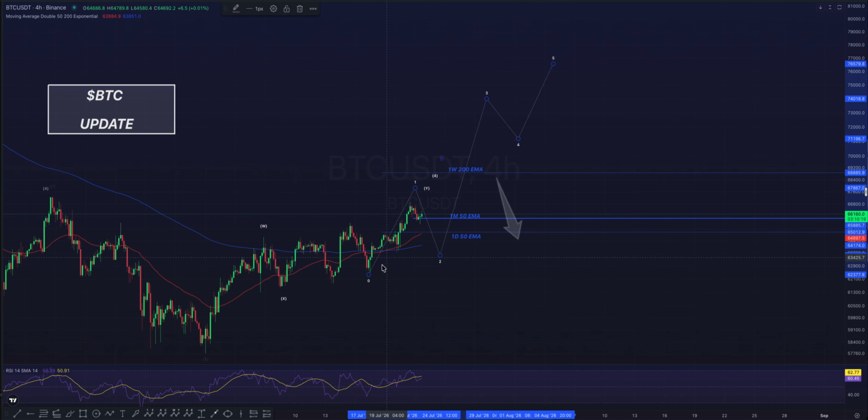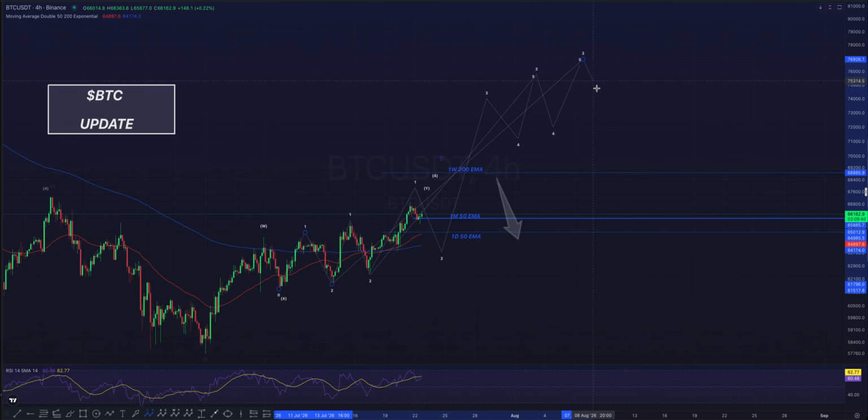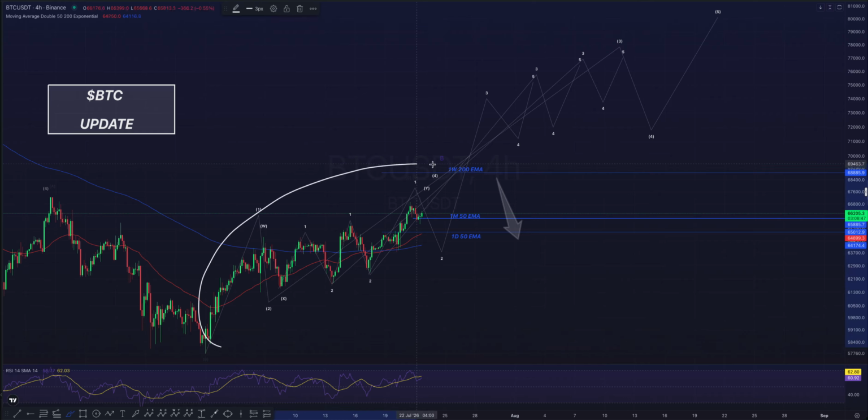So let's just take into account that this will become some kind of a five-wave move that is yet to be seen. We then need a strong break in this wave 3 and finish in 4-5. Then this is the next 1-2 nested wave, and this then becomes wave 3, 4, 5. And then this then becomes a 1-2, 3, 4, 5. And then finally, this would then become a 1-2, 3, 4, 5 of a larger degree, of course. But that's why I said that Bitcoin has a lot of proving to do to prove to us that this can become a five-wave move.